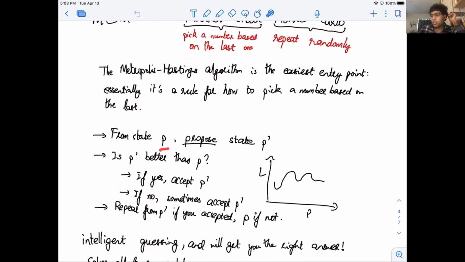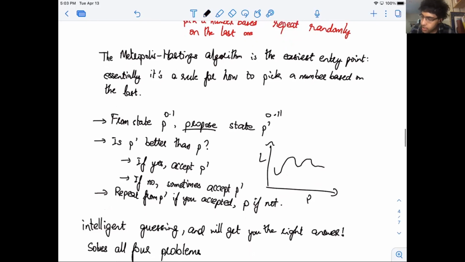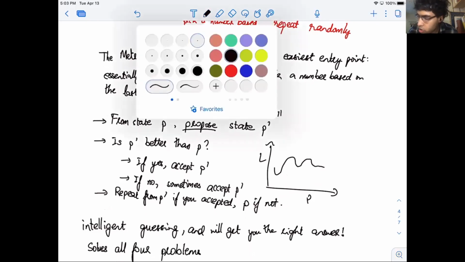Let's say I'm at a state P in some space. I'm going to propose that I go to a state P prime. So I'm going to pick another thing, P prime. Let's put some numbers to this. Let's say I'm at 0.1 and I'm going to suggest that I go to 0.11. Now, the next part of this is I want to figure out, should I go there? So I ask, is P prime better than P? That'll be some other function. Let's call it